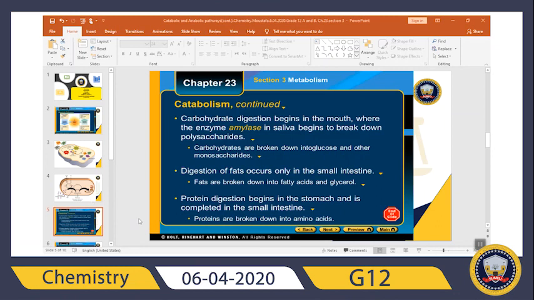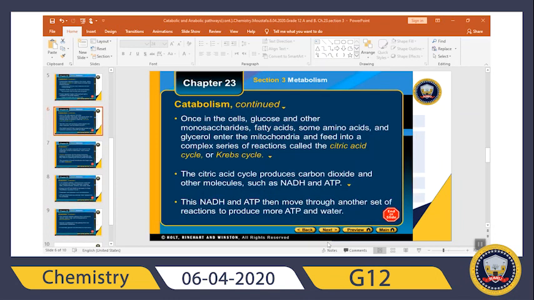The last type of biological compound is fats or lipids, and fats start to be digested in the small intestine. And once these small units pass from our small intestine to the blood,